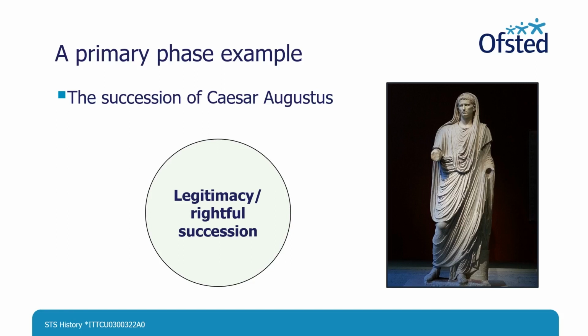They can't make sense of how new rulers establish themselves. For example, how William established himself as the King of England after the Norman Conquest. And they also can't make sense of how people challenge rule, for example, through protests. As we covered in the first session, to develop knowledge of a complex concept like this requires repeated encounters with